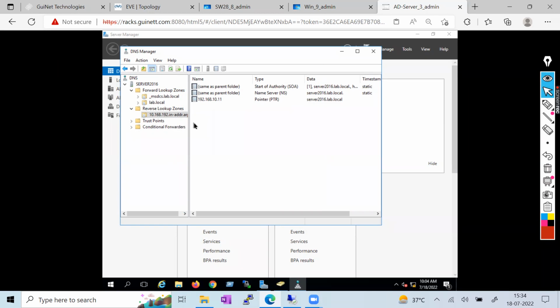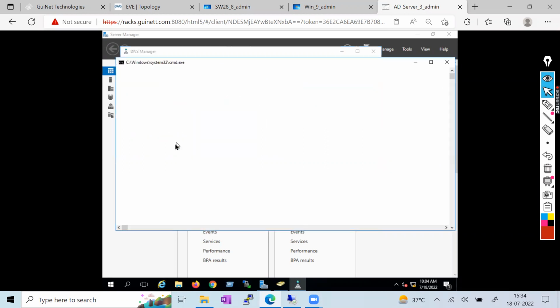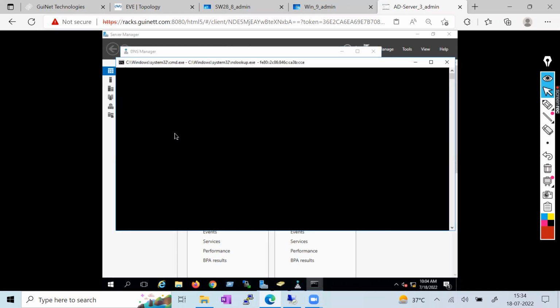Okay, so once this has been created, no need to worry about anything, you just have to test whether your domain is working perfectly or not. How can we check that? You just have to go to your server and launch the nslookup. After launching nslookup, just type lab.local. Once you type it, you can see it is resolving your IP address. That means this your forward